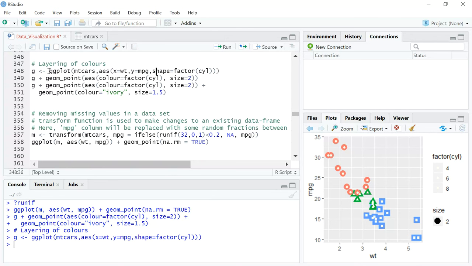So after you write this ggplot syntax, you're going to assign it to a variable g. And then because of its reusability, you're going to just say g plus, and you can play around with any number of different types of plots that you can have. So that's the flexibility that R provides. We have looked at this before. So in line 349, we see g plus geom_point, and inside that you're calling the same factor of cylinders into the color variable, and you're going to assign a size equal to 2, right? Let me just quickly run line number 349 so that you can quickly see it.